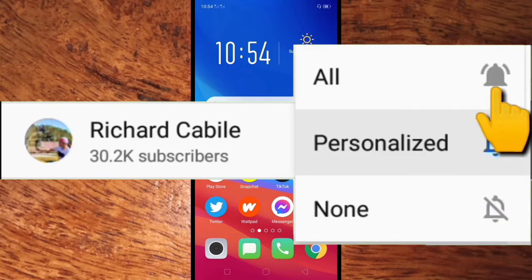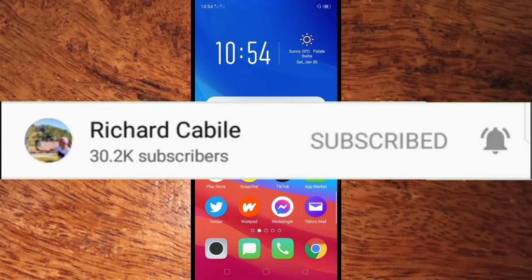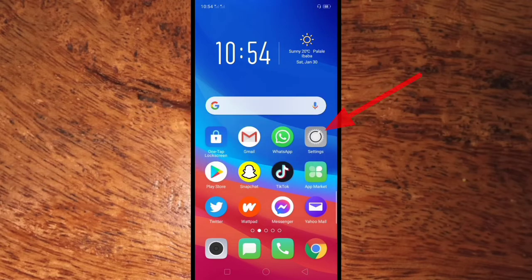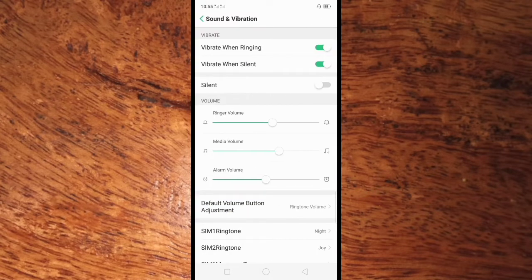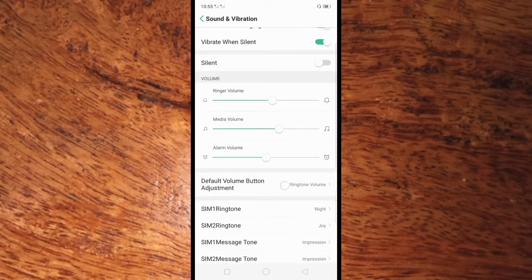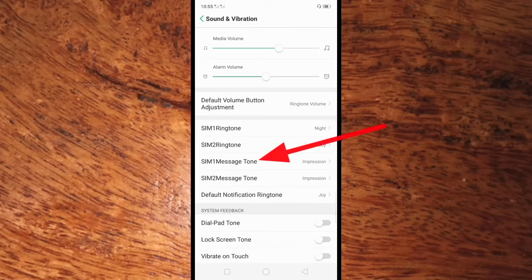Okay guys, let's start. All you have to do is go to Settings in your Oppo A5s mobile phone. Here in Settings, you can see below this Sounds and vibration. Click this. And all you have to do is scroll down and go to SIM1 message tone. Click SIM1